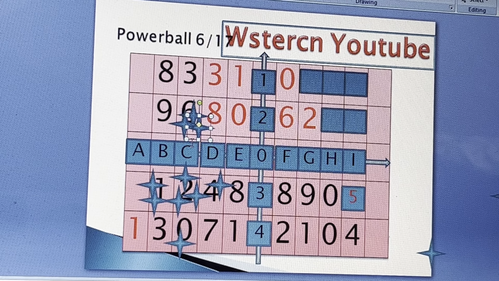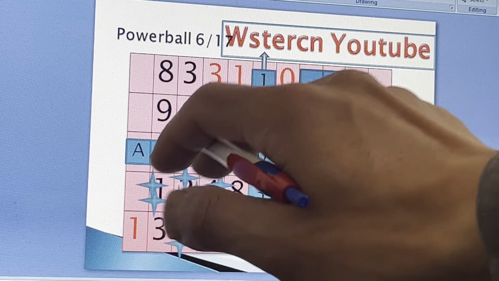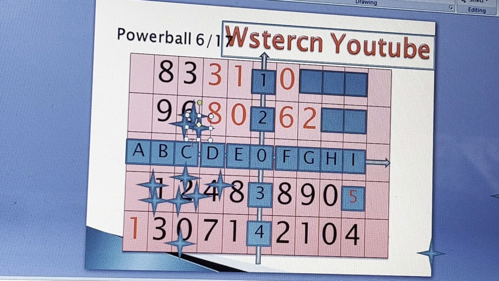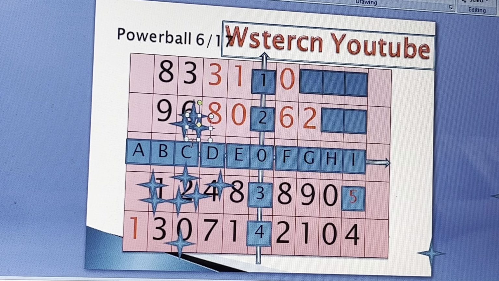How many corners were actually used? 1, 2, 3, 4, 5 corners actually used. Do you see that? 5 corners actually used. So last night's game was an